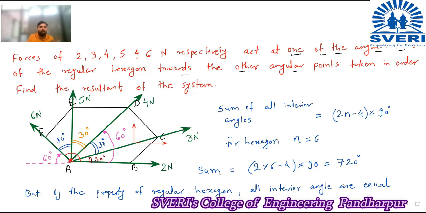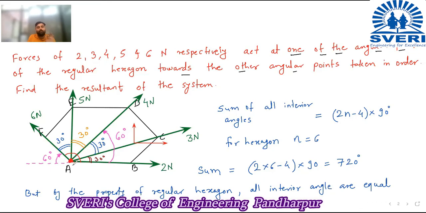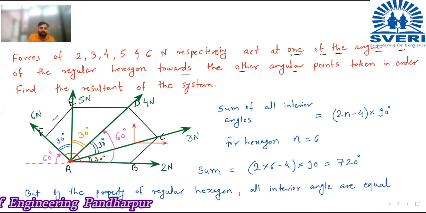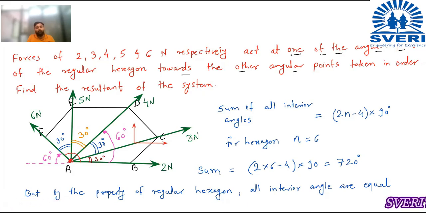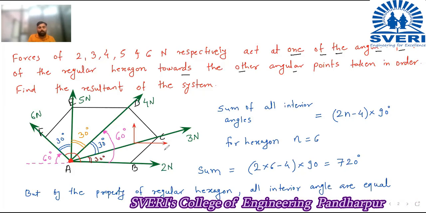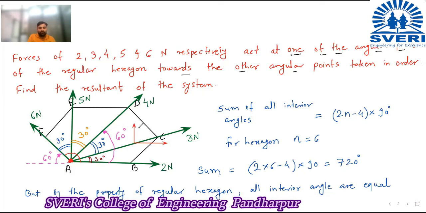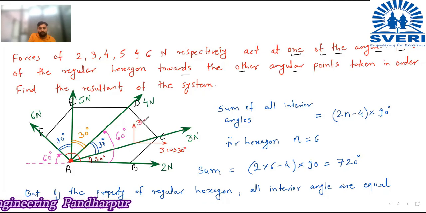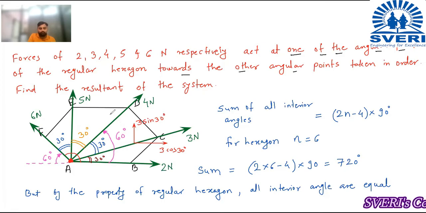You should always resolve the force from the point of contact or point of application, and here in this case our point of application is point A. But still, if you see this 3 kilonewton, 4 kilonewton, 6 kilonewton, all the forces are emerging from this point A. So that is why, to avoid the confusion, I am resolving the force in this manner. So here two components I have drawn. So this component will become 3 cos 30 and this will become 3 sin 30, right? Similarly we can resolve this force of 4 Newton also.